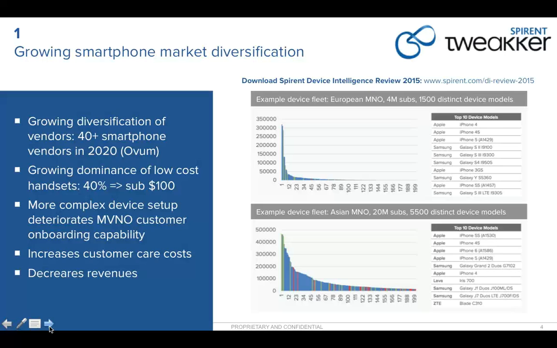Thank you, Bjarke. So a large and accurate device intelligence database would be the solution to cover the smartphone market diversification. Great. Number two of our device setup challenges are the non-OTA capable devices,